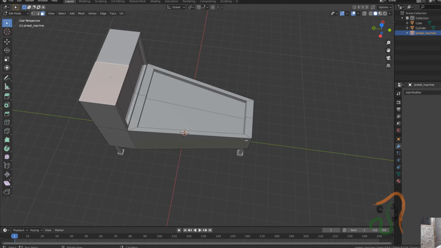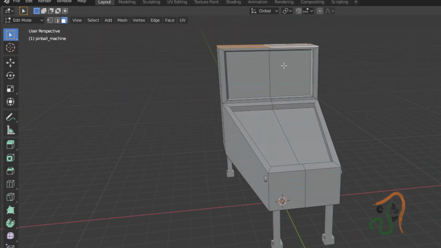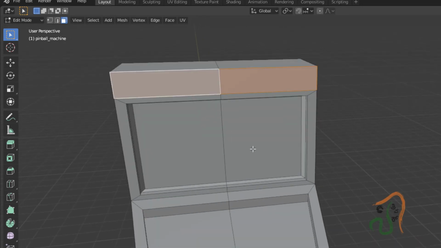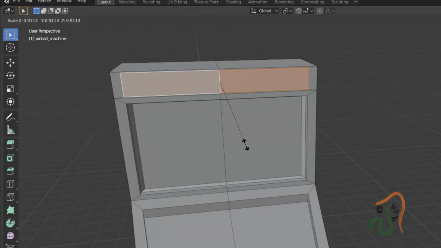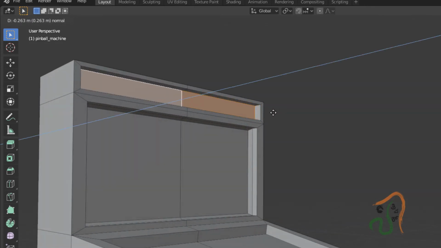and select the top area, these 2 areas here, and if required let us press E and pull it a little to the top like this, and then select these 2 faces. Okay, press E and then press scale down. Let us scale it like this, and then press scale and scale it along the Z axis a little like this. Okay, so that, and then press E and let us pull it a little like this.